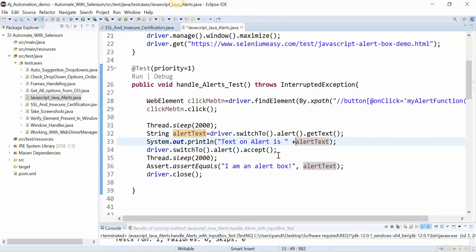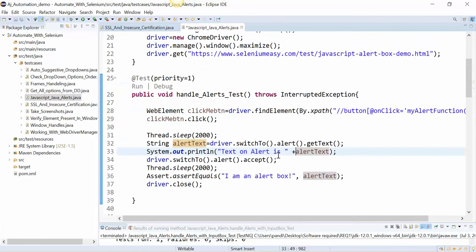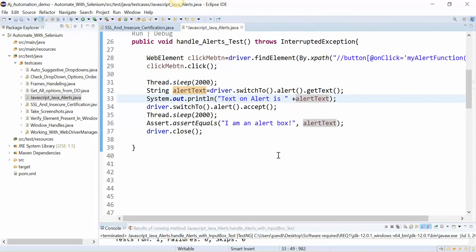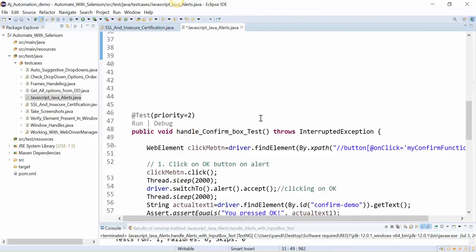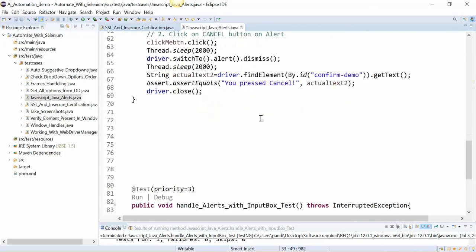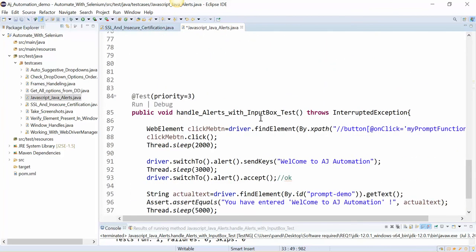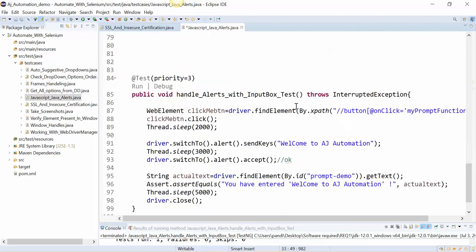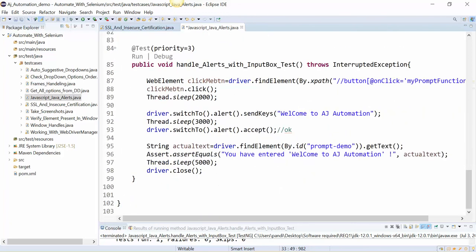Okay, so I hope you have understood what is the alert and how you can handle that with the help of Selenium. Okay, and there are different types, and you can use the Selenium methods available in the alert class, the send keys method or get text method, to do some operation with that alert box.